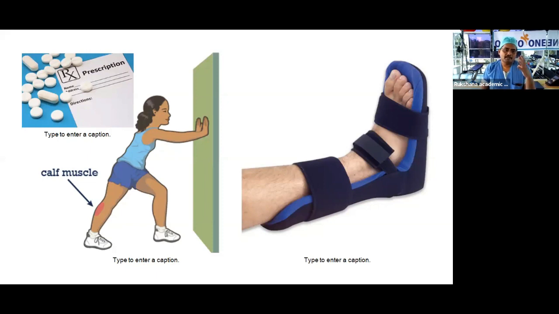The main treatment is stretching. The second thing is the night splint. And the third thing is medication. So don't depend on the medications. Injection is only an interim treatment to relieve your pain. But if you want long-standing, complete relief, it is the exercises, it is the splints. And very few people with this condition may end up needing surgery.